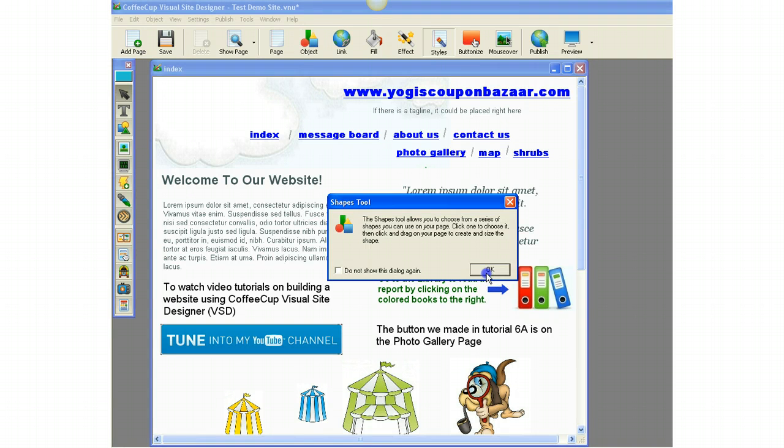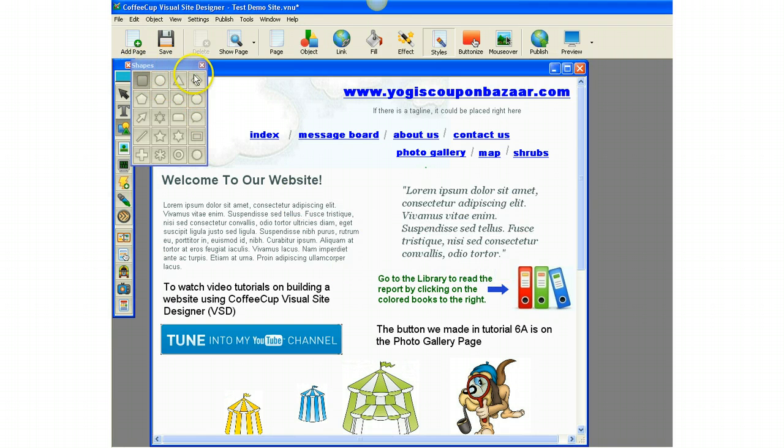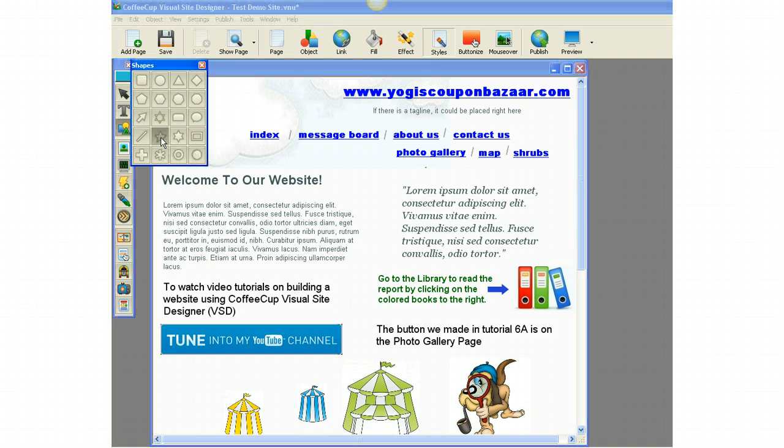Click on it. Okay, and then we have our little thing here to choose, and I'm going to choose a star this time. Now with the star, I have found it is a little difficult to manipulate the size of it. So once you put it on your website, on your page, you want to hold your left mouse down to get it where you want it. Otherwise, the star especially seems to be very difficult to